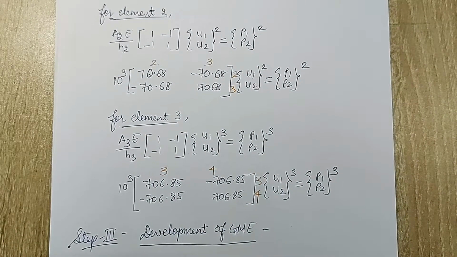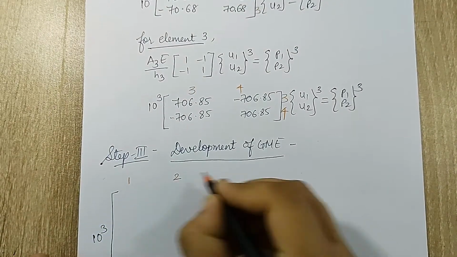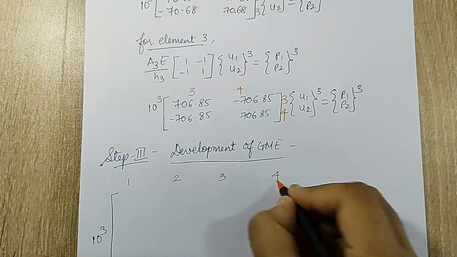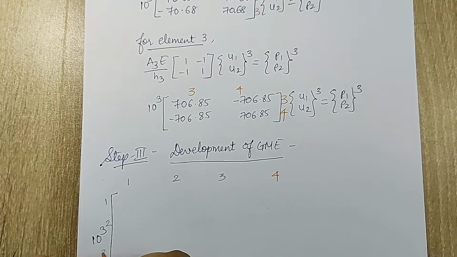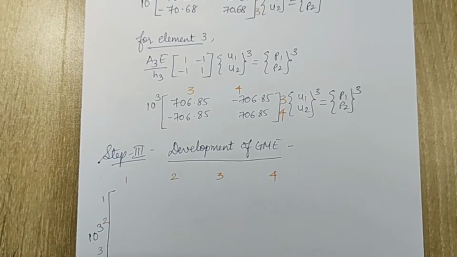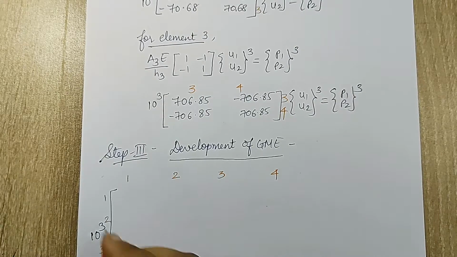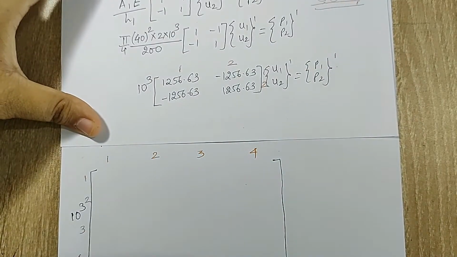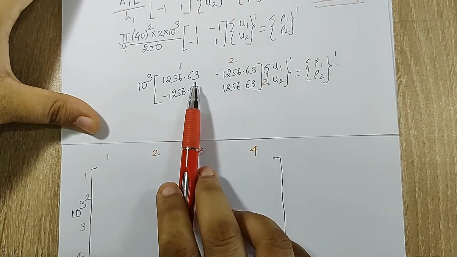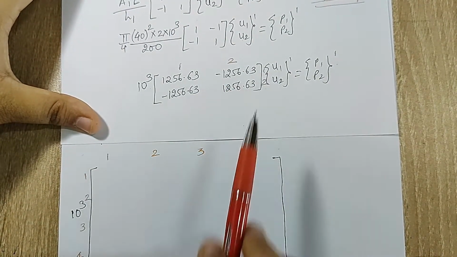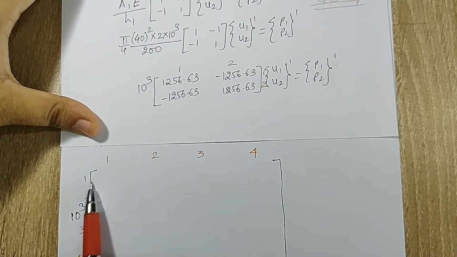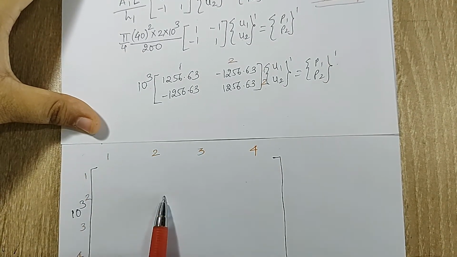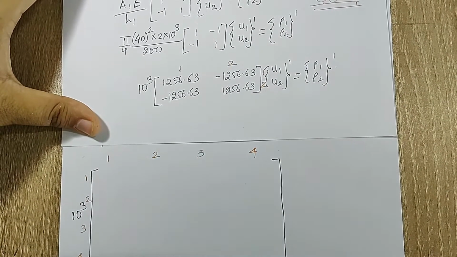Now just observe, I am going to write 1, 2, 3, 4, 1, 2, 3, 4. So I have marked all the 4 nodes. You can mark it either on this side or on this side. It is your choice. I'll start by observing the first element. Here I can see the first element is between node 1, 2, 1, 2. So if I observe, 1, 2, 1, 2 is here. So these are the 4 positions where I'm going to place these elements.